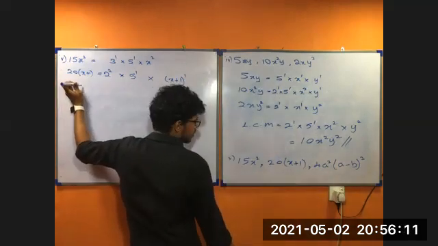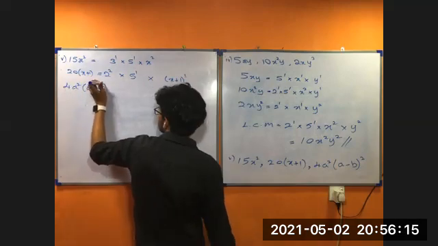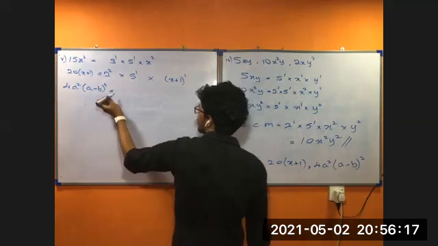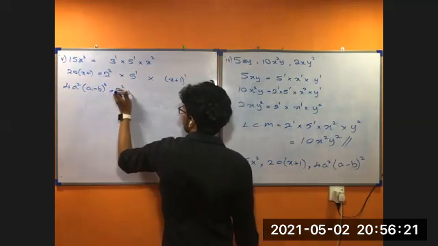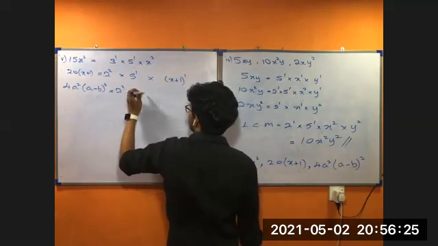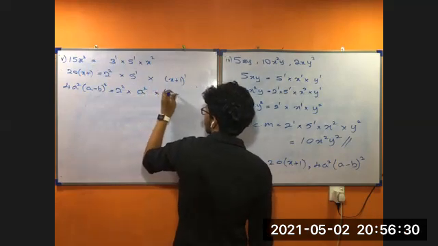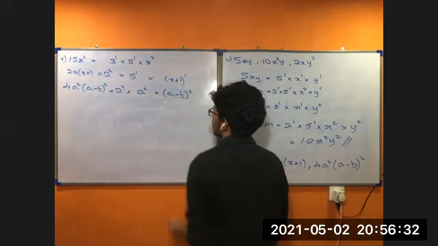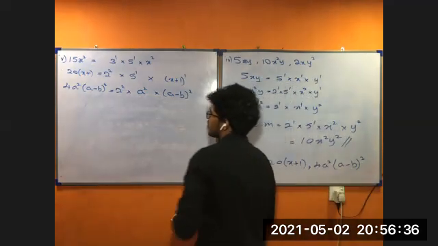So under factors lesson you learn. Then we have 4a squared, a minus b whole thing squared. So here we have 4 means 2 to the power 2 multiplied by a squared. A squared, we don't have a squared here, right? So a squared multiplied by a minus b whole thing squared. So LCM is going to be